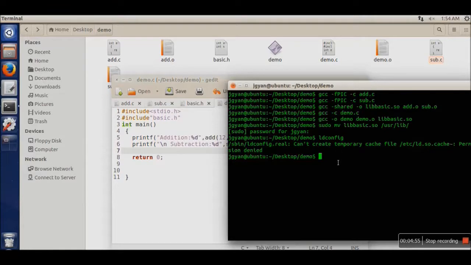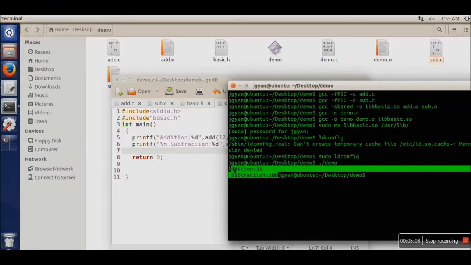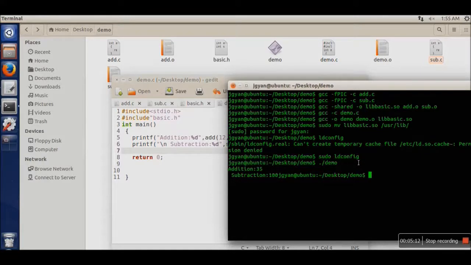It also needs administrative privilege, so we will execute it with sudo ldconfig. Now it's done. Now we simply execute our program. This is the output of our program. This ldconfig will load your dynamic library in memory, and when you execute it,